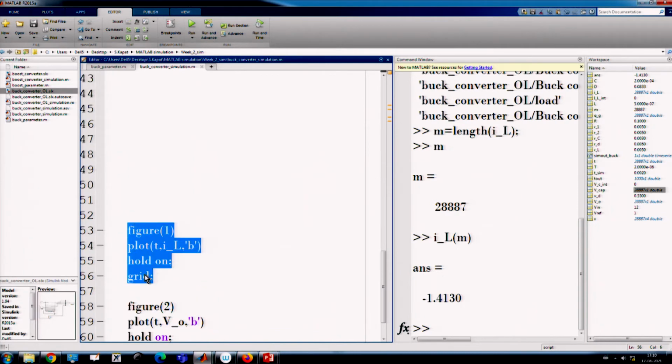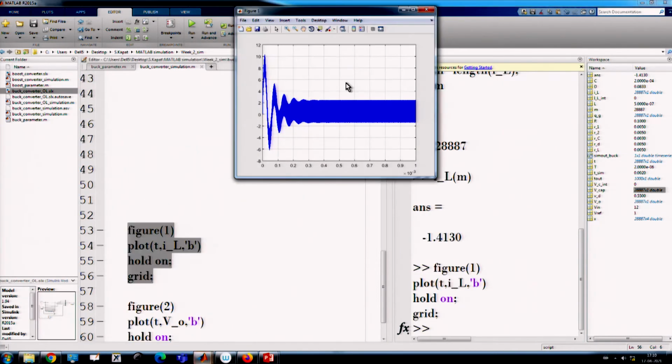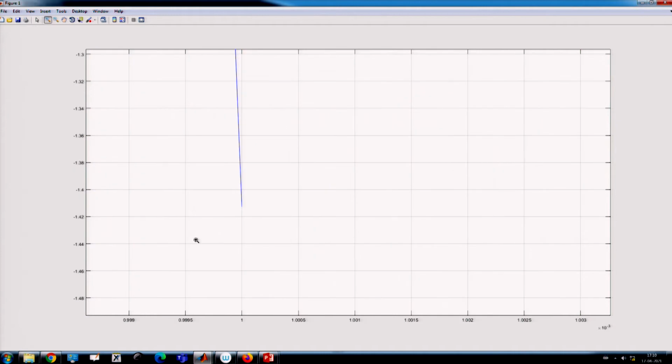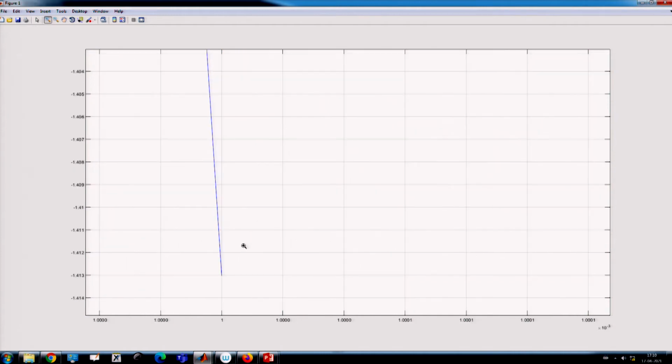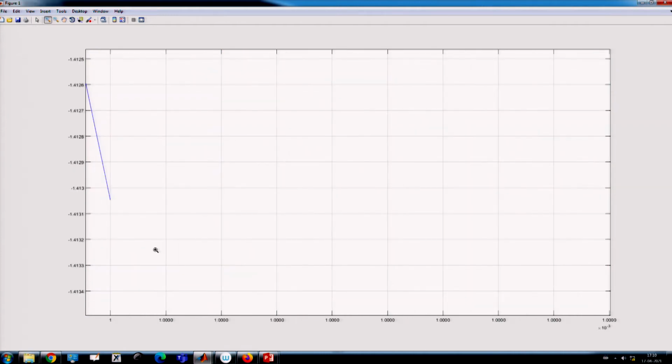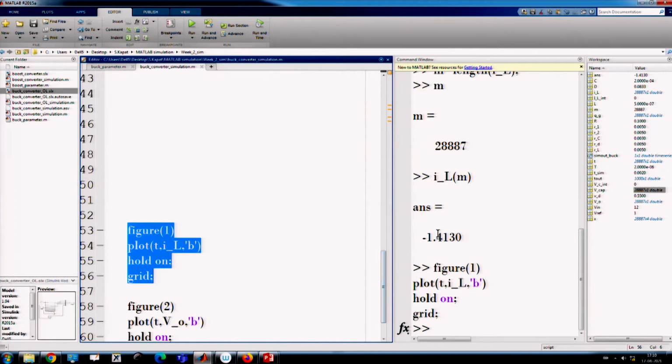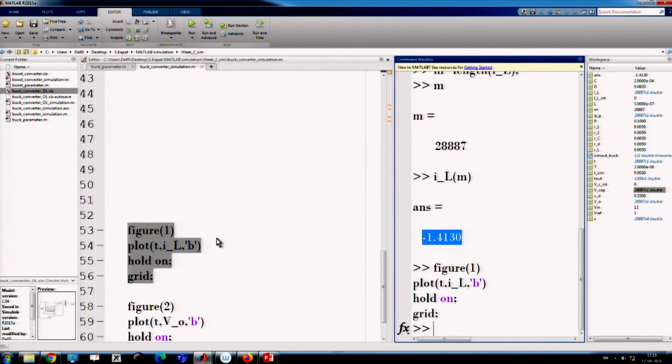If you just run it, you will find the final value of this inductor current. This is exactly what it is showing, minus 1.413. So that is my final value.